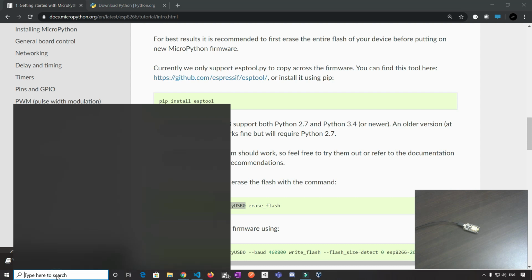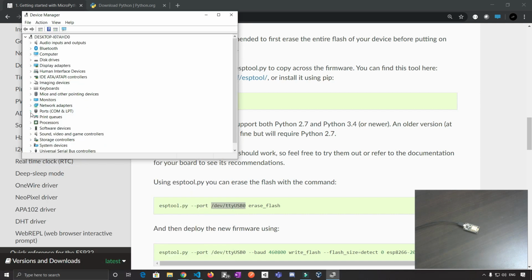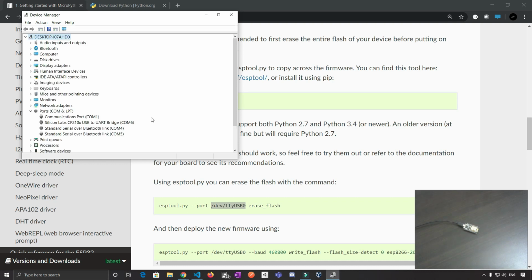So right here, search for device manager, open it up and expand ports. At the moment there are 3 ports you can see on the screen: COM1, COM4 and COM5. At this particular moment my ESP board is not connected to my computer. So what I'm going to do is connect it. The moment I connect it, you see COM6 here.